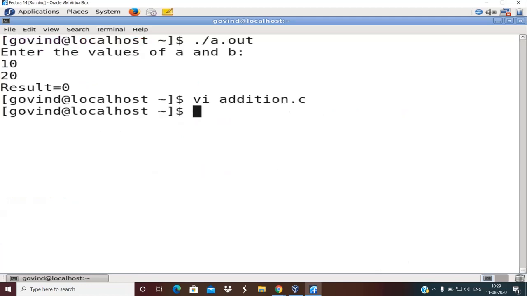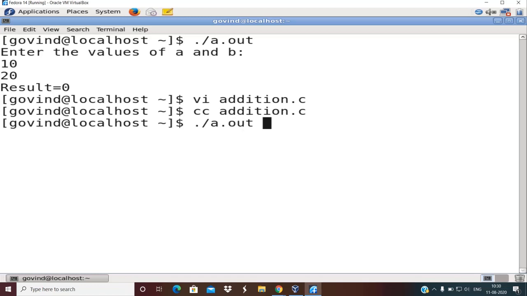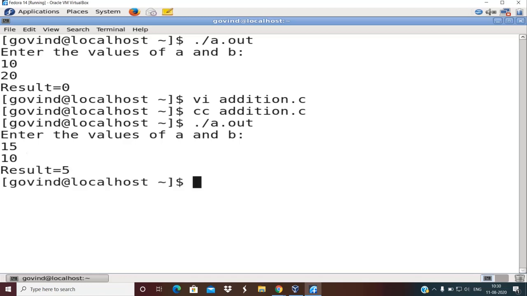So let me now compile this program and run it. This time I'll enter say 15 and 10. You should guess what will be the output, because when you try to divide 15 by 10, you will get the remainder as 5. So you should get the output as 5. So you can see over here you have got the output as 5. So by cleverly using division and mod operator, you can easily get to know what is the quotient as well as what is the remainder for that integer division.